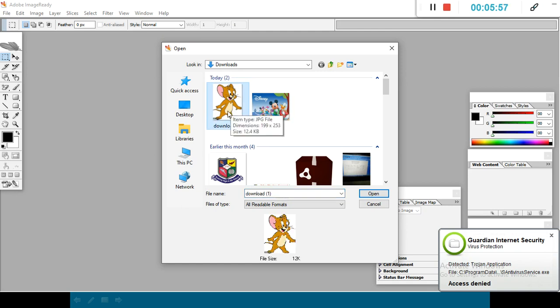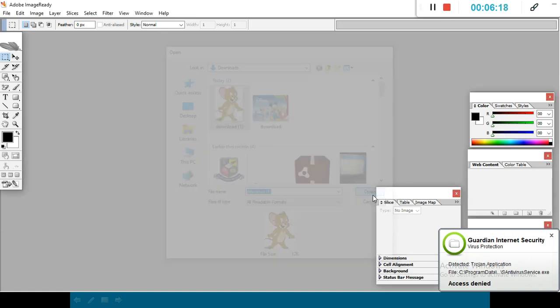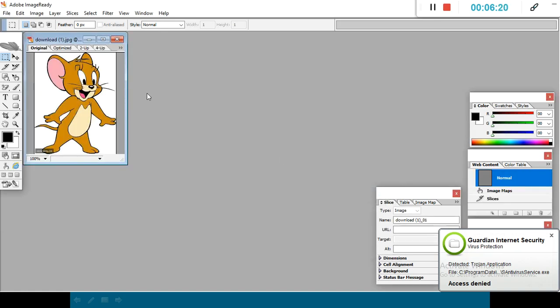Like I select this mouse and here it shows us the size of it. The image we open will be shown to us here beforehand. Then it shows us the name. We select the name, we select the picture which we want, and then press the Open button. It shows us. Now click on Image in the menu bar.